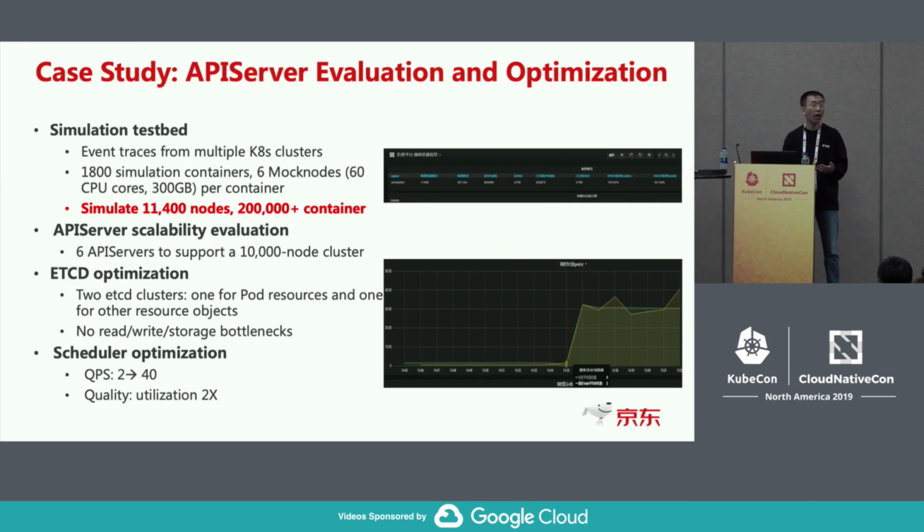But after doing all this, we have to evaluate and validate whether or not it works. So we used this tool to validate. We replayed some real traces, and found that everything was fine: the API server and the etcd performance, and we didn't notice any significant or very serious problem. That gave us confidence. Also, in our very early work, we looked at the scheduler and optimized the scoring function, and we improved the scheduling QPS from 2 to 40, and we also used the simulation to help us